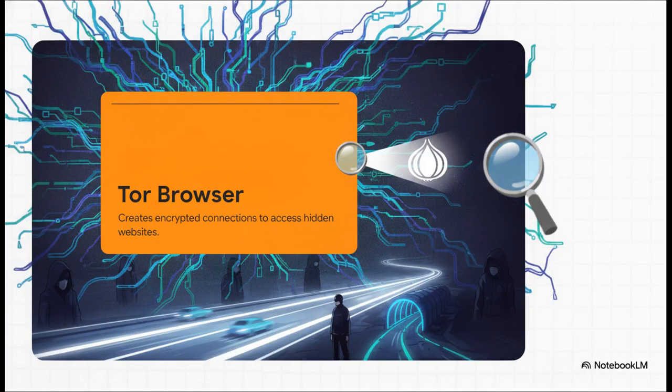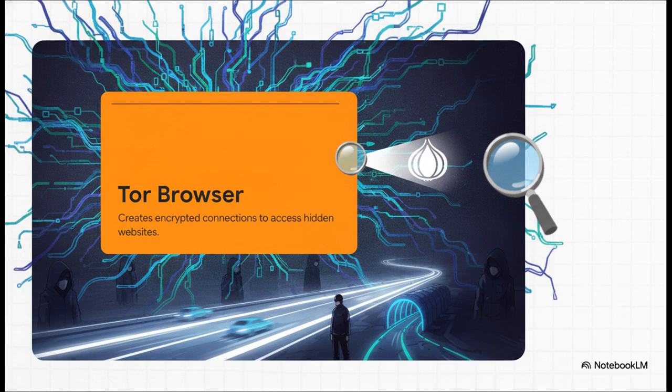But to actually get into this digital underworld, you need a very specific set of keys. And that key? It's the Tor browser. To access these hidden spaces, users obviously can't just fire up a standard commercial web browser like Chrome or Safari. They rely on Tor. It's this specialized gateway that fundamentally alters how your computer communicates with the rest of the world.